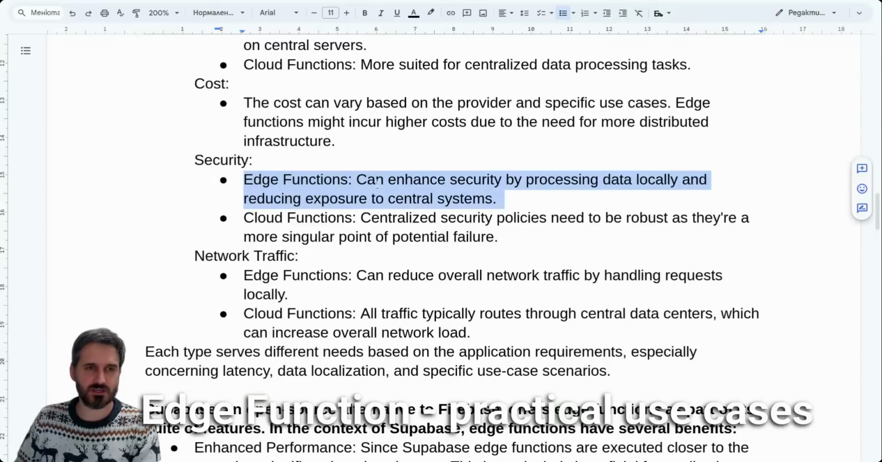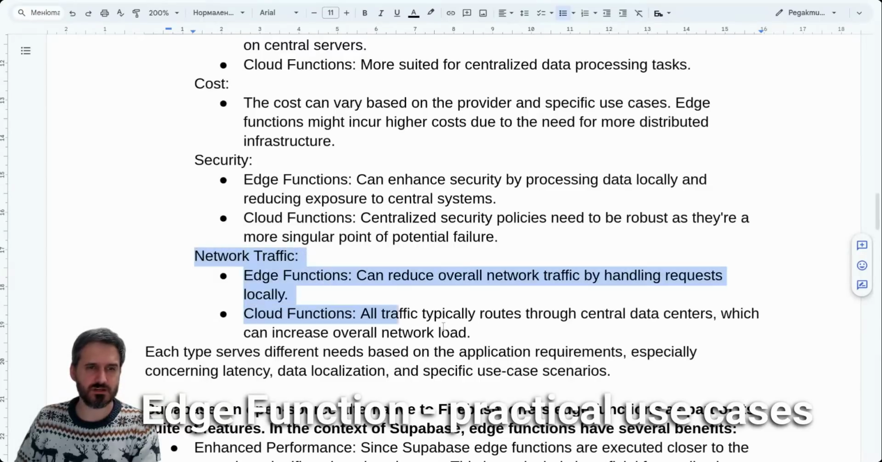So the edge functions can enhance security by processing data locally and reduce exposure to central systems. And for cloud functions, centralized security policies need to be trusted, as there are more singular points of potential failure. And then the last thing is network traffic. So edge functions can reduce overall network traffic by handling requests locally, and then cloud functions